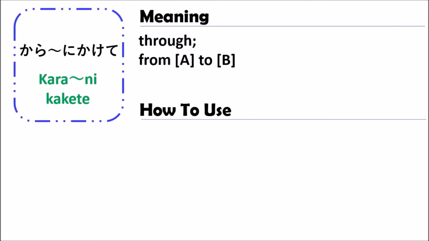When you compare between two situations, you use the event that happens between point A and point B. Point A and point B might be the season, the time,